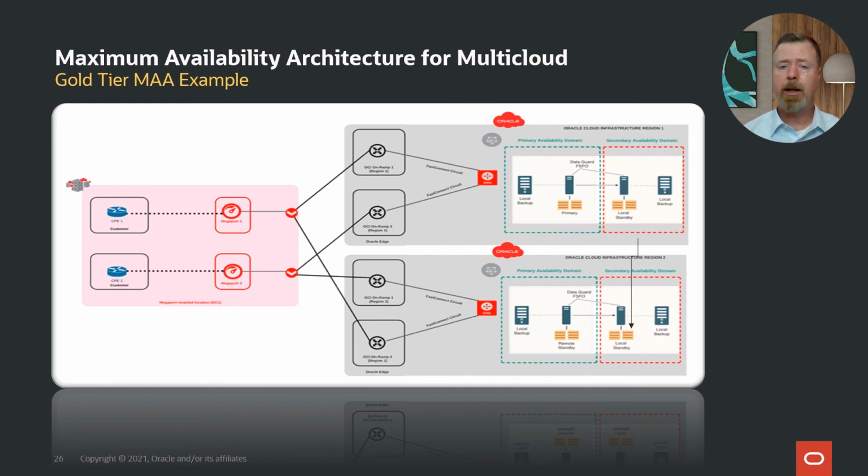This is a gold MAA architecture. So we have two different regions in here. We have a primary, we have a local standby associated with it. We have a remote standby, and then we also have another local standby connected to that remote standby. So if we do a role transition, we still have a local standby tied to it. So it's set up even for a role transition. We can roll between the two different data centers. And this is a very easy way to get a multi-cloud environment. And then we have Megaport, one of our partners, providing network redundancy as well in that third-party data center.